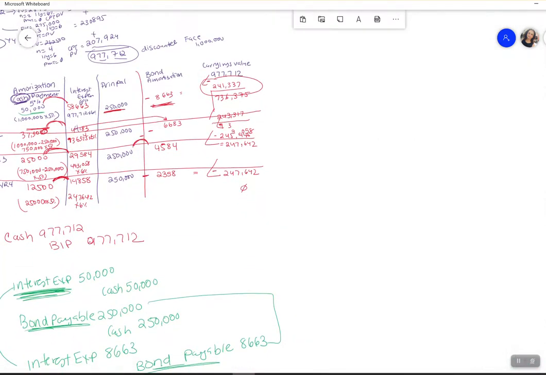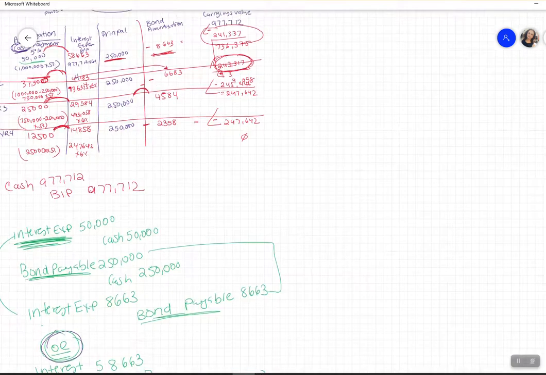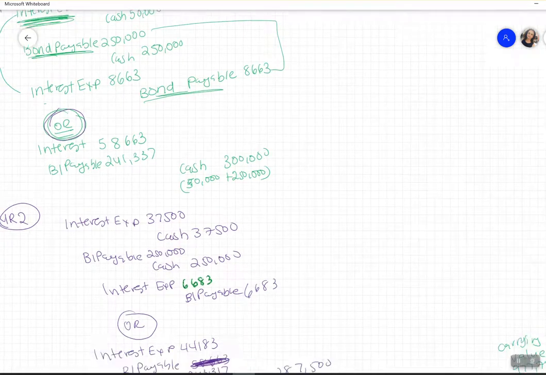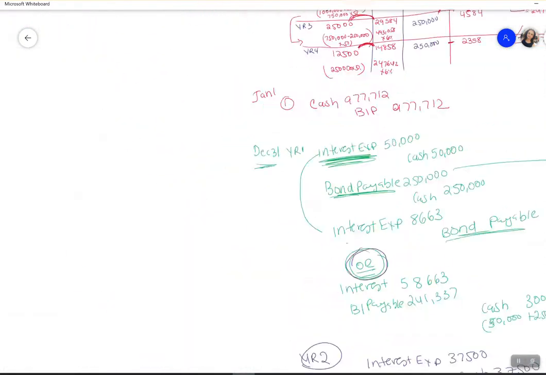So now if you look at it, these are the carrying value, what we are minusing, that will be coming out of your bond payable. So in this next case is 240. We are going to go to 244,416. So now I know the entry. So what we're going to do is we're going to do